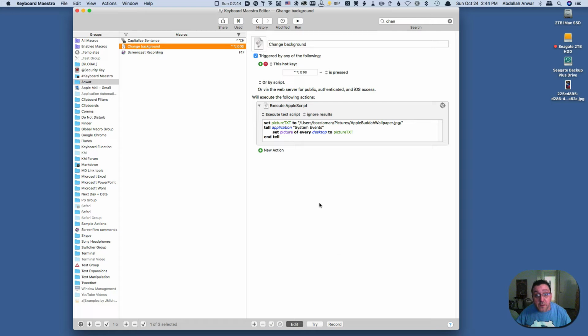So here is where the wallpaper is located. Mine is located in Pictures. And so the AppleScript that I'm using, it's one action, and it's set picture to, and it gives you where the file is located. And then tell system events to set picture of every desktop to picture text. So picture text is here, and this is where the picture is located, and the file name itself, which is